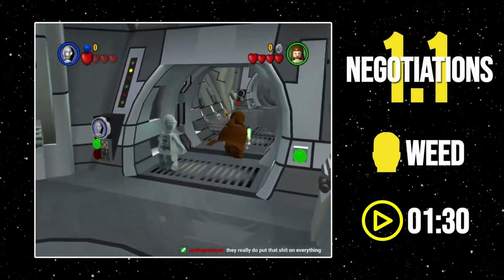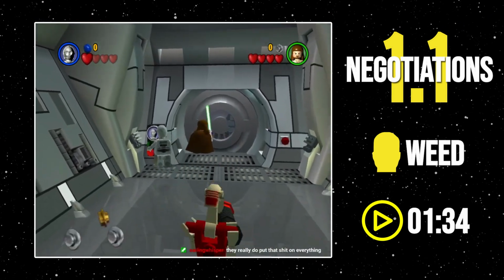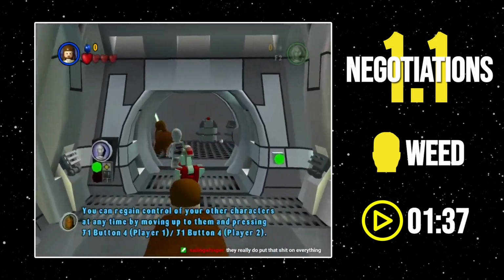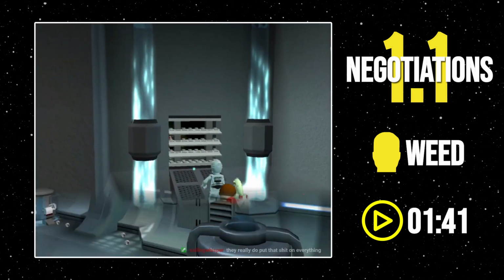We will now see the first use of two controllers one player, where Weed takes control of Qui-Gon, moving him to the door, whilst TC-14 activates the switch. Right after opening the door, Weed disconnects the second controller and switches to Qui-Gon. She then uses the least amount of force to move the barrier, removing collision and allowing Qui-Gon to walk straight